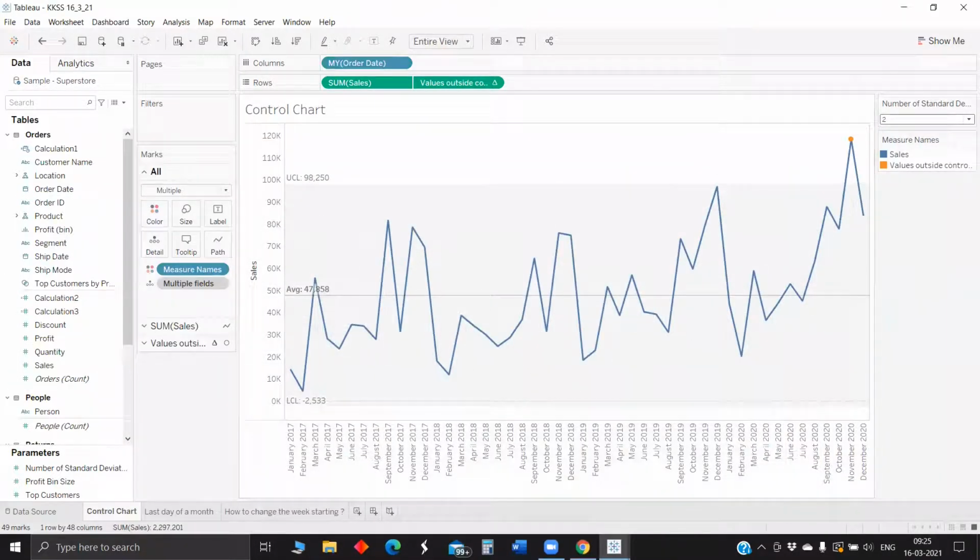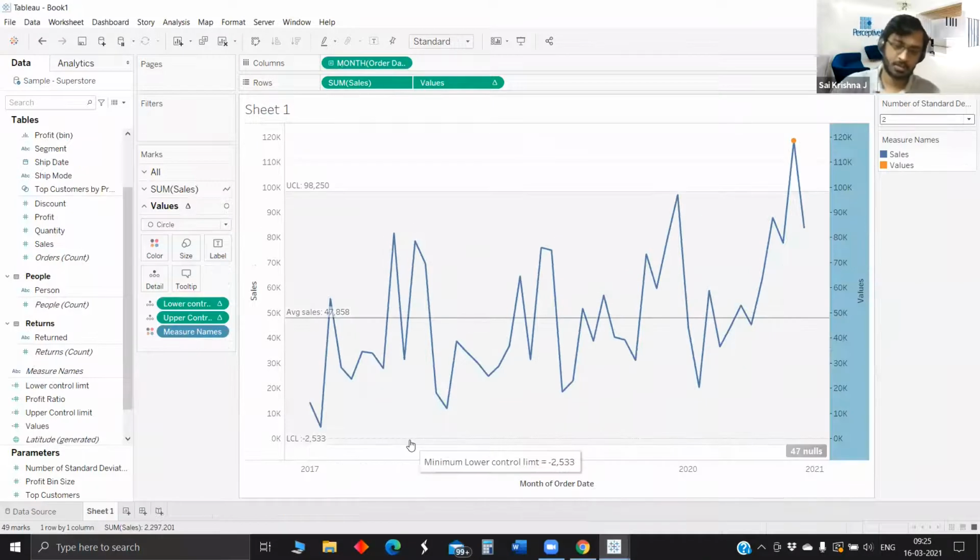Maybe I'll just talk a bit about control charts since I was in the field for some time. Typically, control charts are used in a manufacturing scenario. The LCL and the UCL, the lower and upper control limits, are calculated just like Jairam showed you in that calculated field: the average plus or minus the standard deviation of the process. There are several types of control charts. What we have here on the screen is called an X-bar chart. X-bar stands for the average.